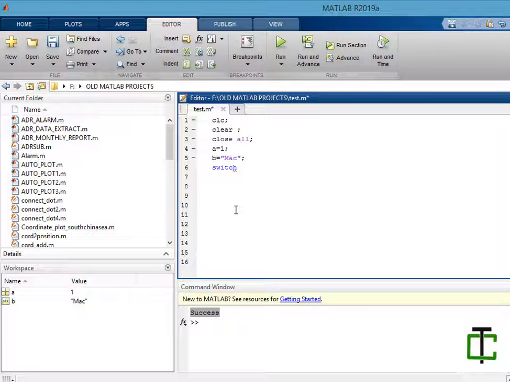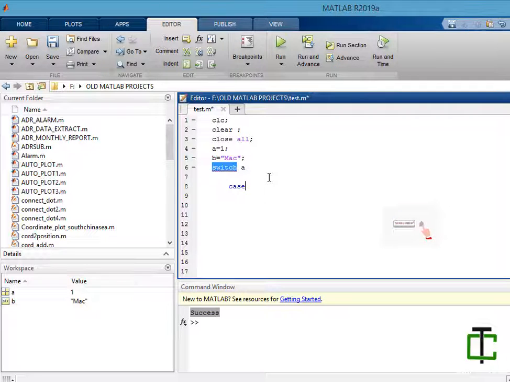You have multiple options and you can execute one option at a time. Let's say switch a variable named a.